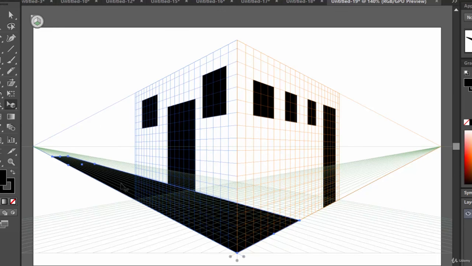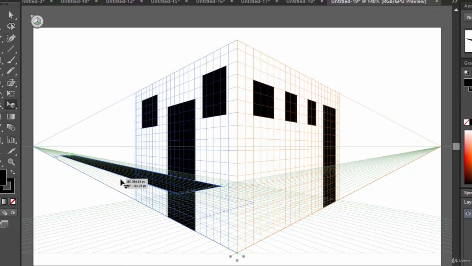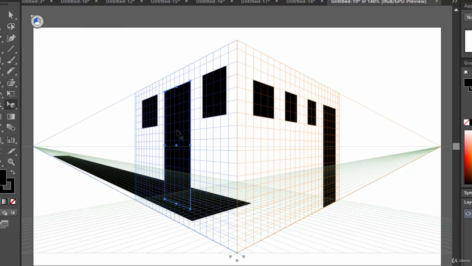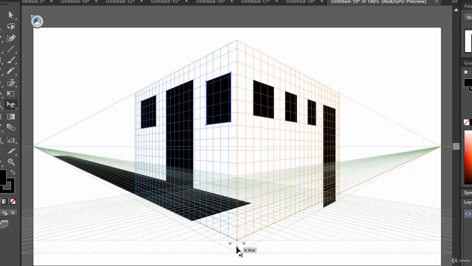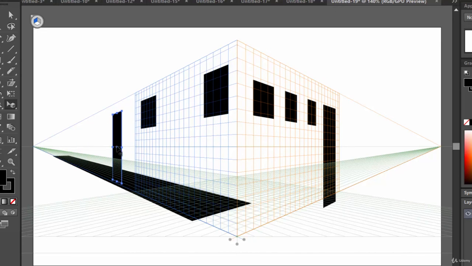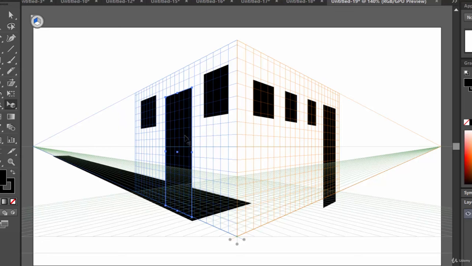What it does is it selects the object that you have drawn inside this perspective grid, and then you can edit those. I mean, then you can move those. So just try to play with this. This is really very fun to work with.